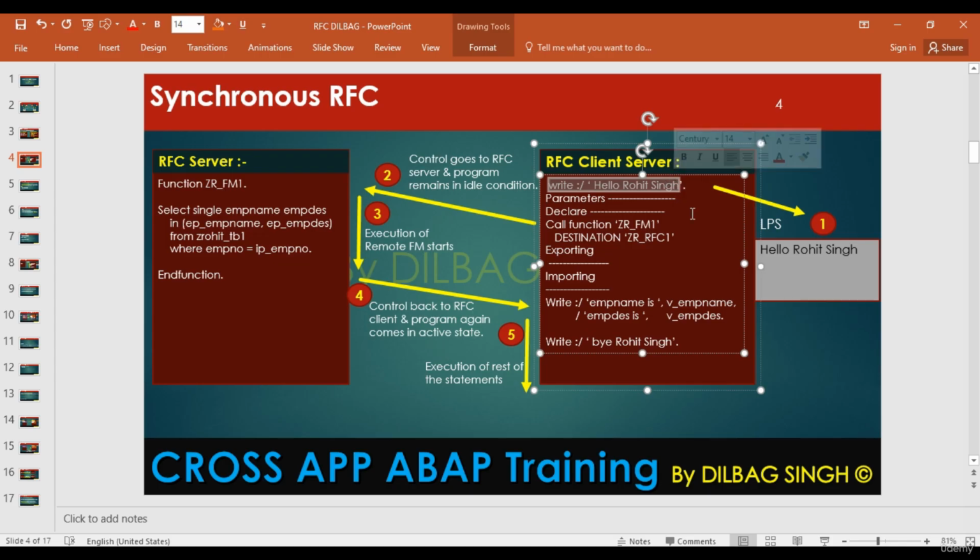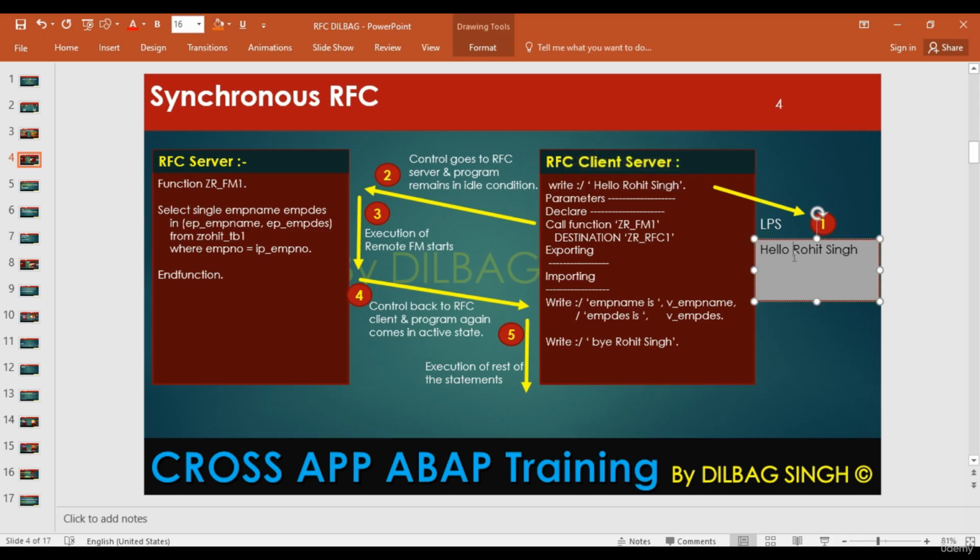This is the first statement which it is executing, right? Then SAP is calling this gr_fm1 function module. So the control goes to our RFC server. And this RFC client program remains in the idle condition till the